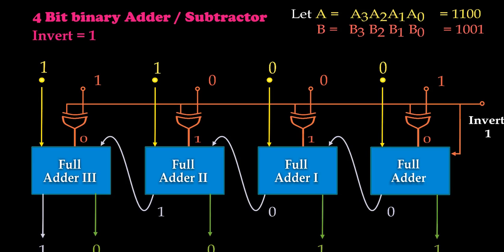This carry is given to the next LSB addition. So inputs to the next full adder will be 0, 1 and 0. The sum will be 1 and the carry will be 0, and this 0 is given to the third full adder. So input to the third full adder will be 1, 1 and 0. The middle one is XORed here by the B input. So on addition of 3 bits, the sum will be 0 and 1 will be the carry. This carry 1 is given to the fourth full adder.